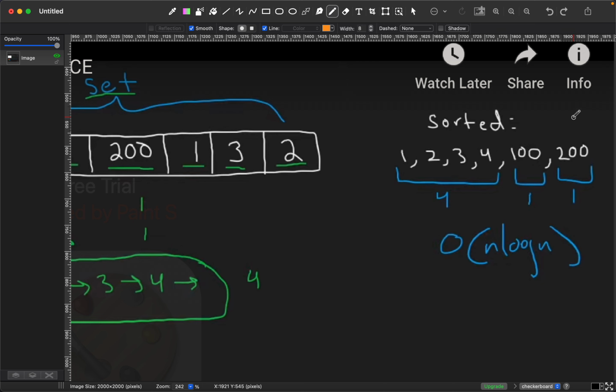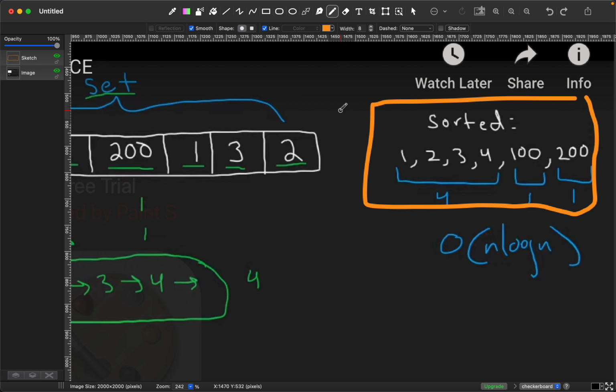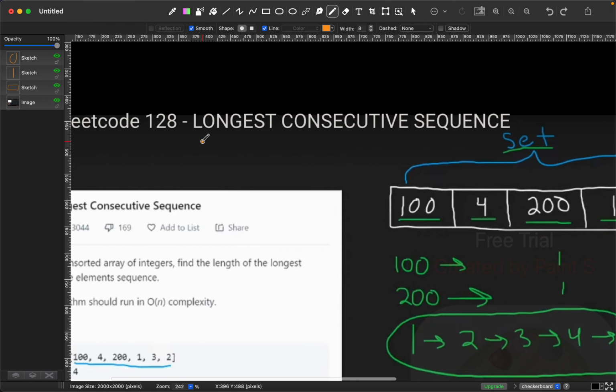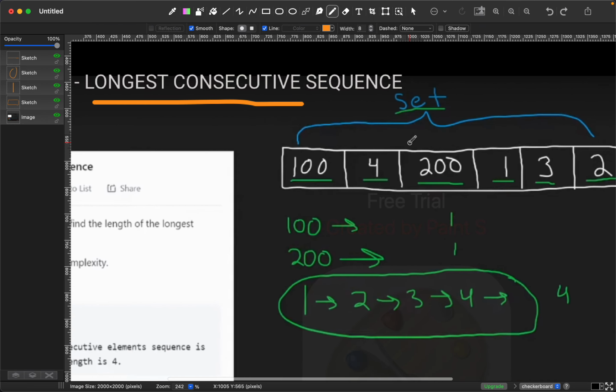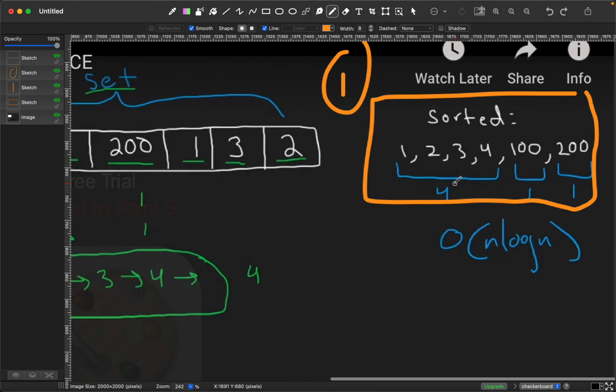So the big idea here is that what we really want to do is this item here, which is that we want to actually find the longest consecutive items. So obviously this 4 is the longest sequence, so that we have our answer is this one,